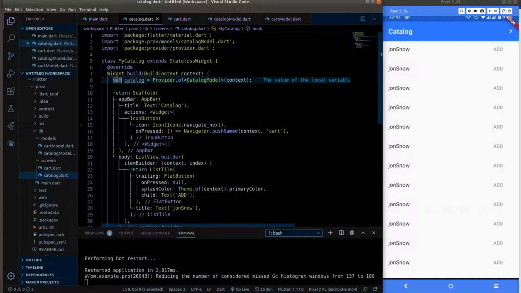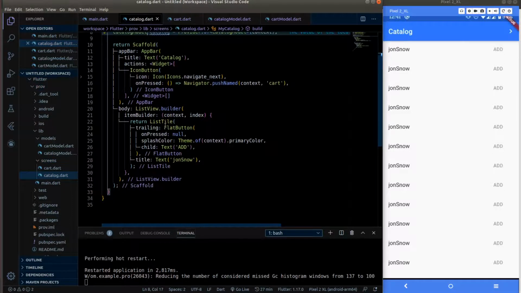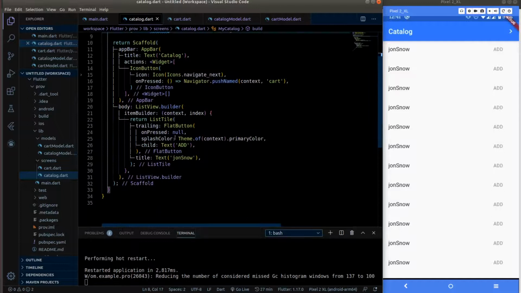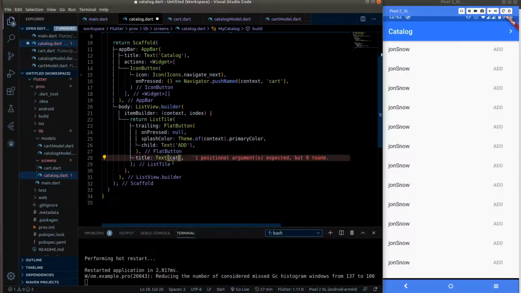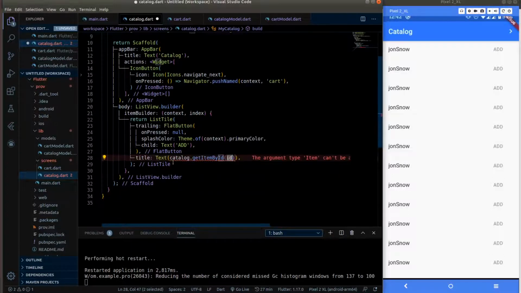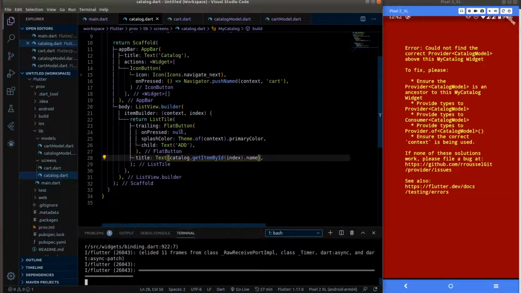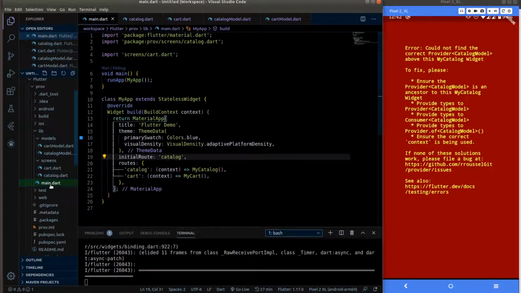So instead of this var, I can give a CatalogModel and it would work exactly the same. So I hope you got the idea. And the next thing is gonna be here in this list style, we have a title field, and this title is gonna be catalog.getItemByID. So we are gonna pass in index and each item's dot name. Perfect. When we'll restart, okay, so this is gonna throw an error, and it threw an error because we need to